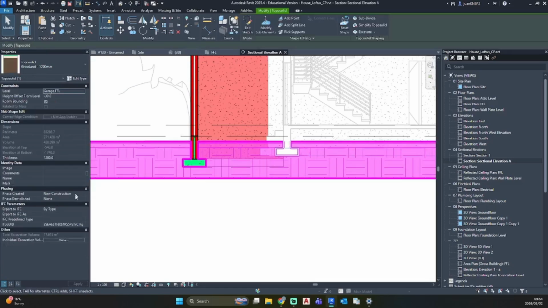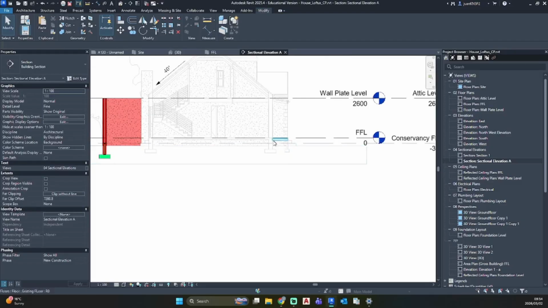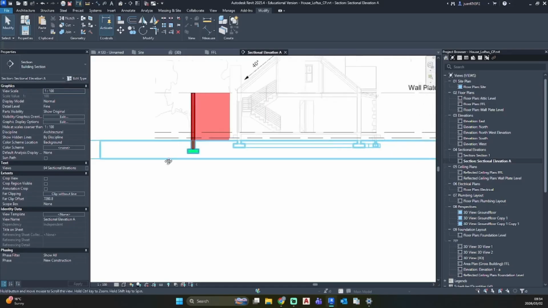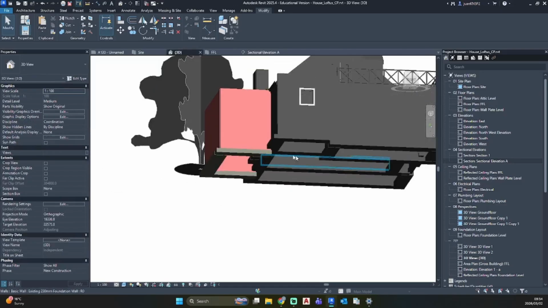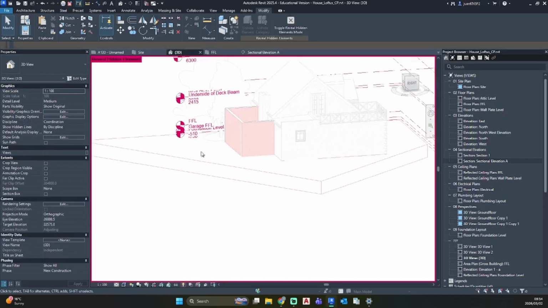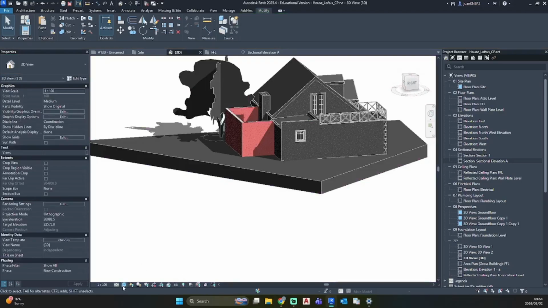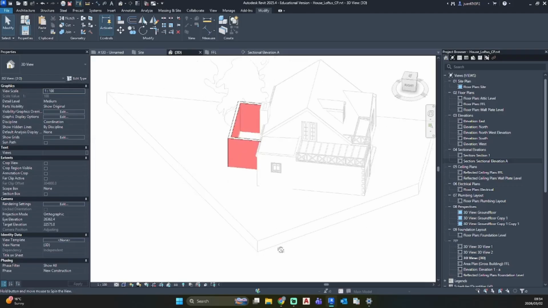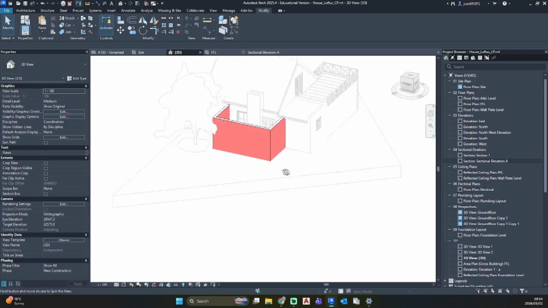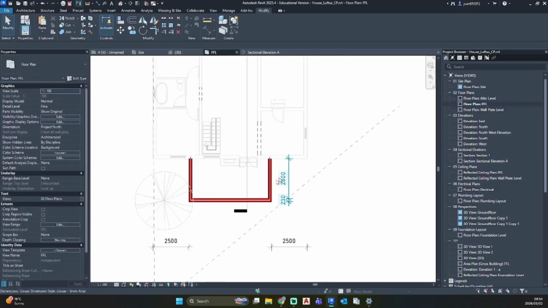But I'm going to leave it as an existing and do a region fill around this so that it just shows better as a region fill for me, but the site just looks better on 3D for any presentations that you might need to do for your clients. I'm going to change back to hidden line to ensure everything is the way it's supposed to be. Okay, so let's go to floor level,